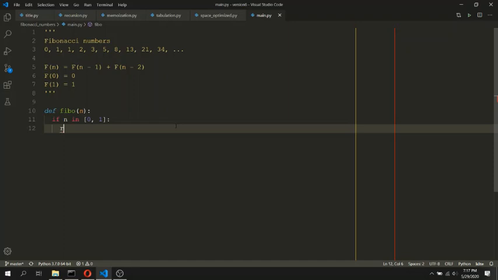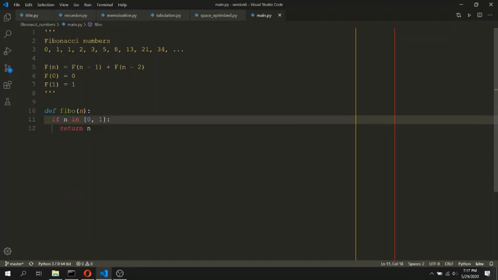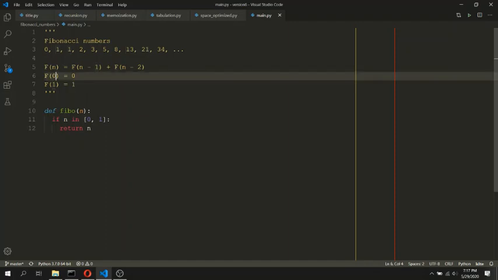If that is the case, we will return n itself. You can see that for the 0 and 1 case, the output of this function will match the input, that is, f of 0 is 0 and f of 1 is 1. Hence we can write this.